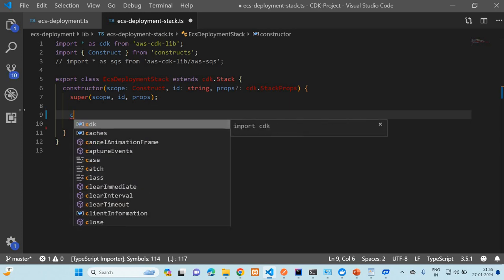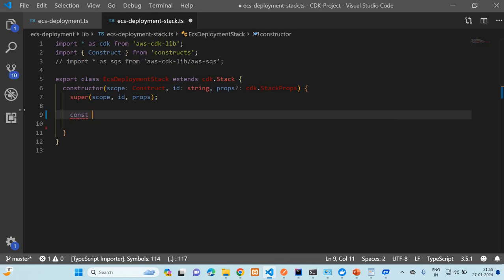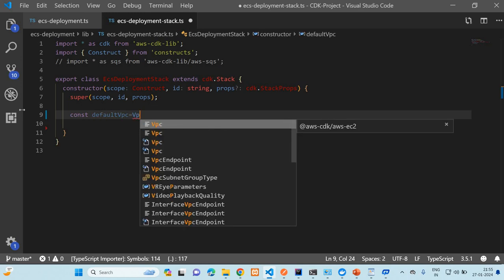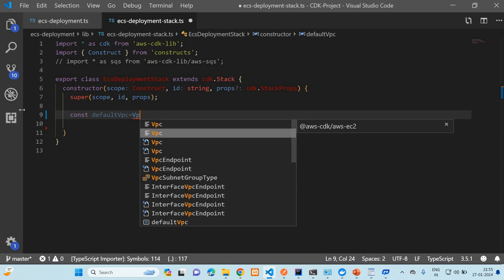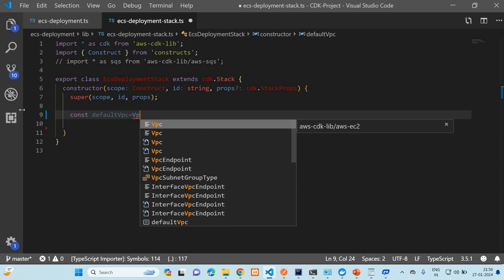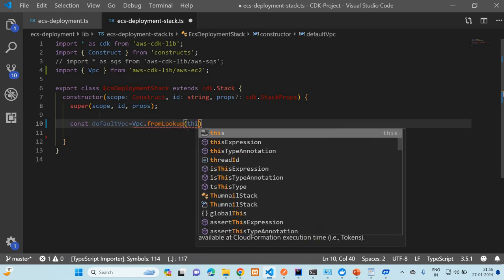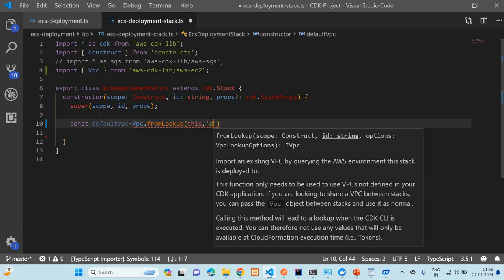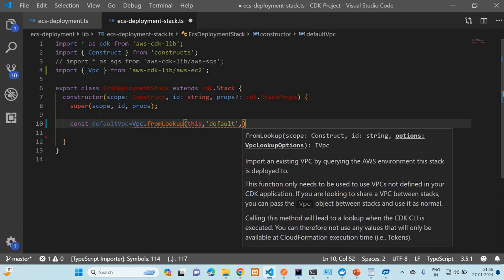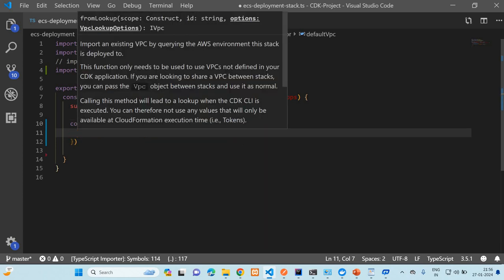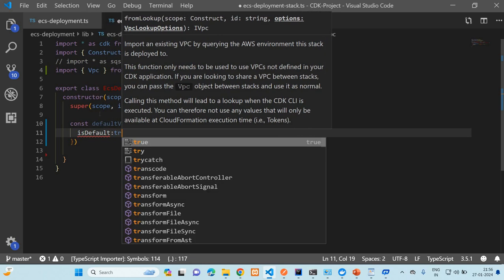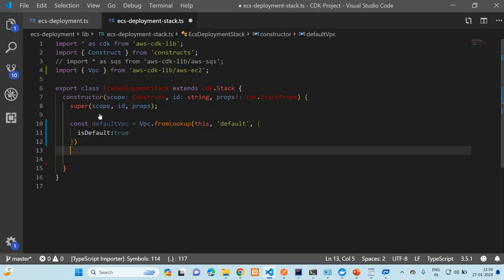VPC. So const defaultVpc is Vpc. It will take from AWS lib. Okay. Now from lookup, and we'll provide the first argument, the scope. So scope is this scope, then ID default, and we'll provide the other argument. So isDefault is true. Okay. Now we will create the cluster,